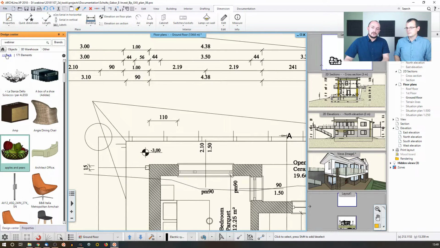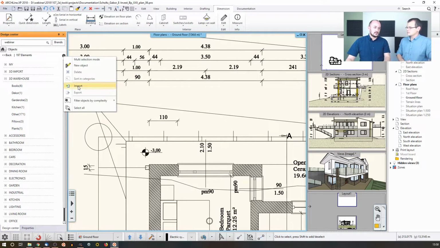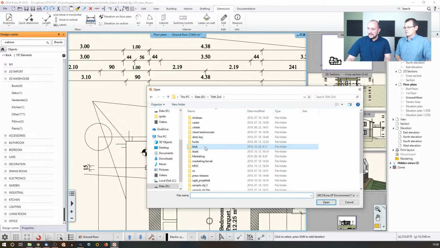If I would like to export the total category here, this other category, I can right-click here and just fully export everything. And then the same way I did with the styles, just in this case in the design center, I can click here and say import and browse for that file. Now I actually do have something like that. It's in the